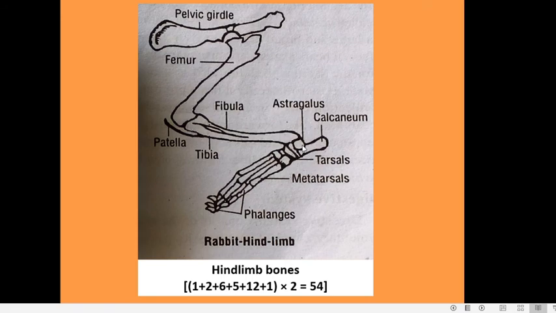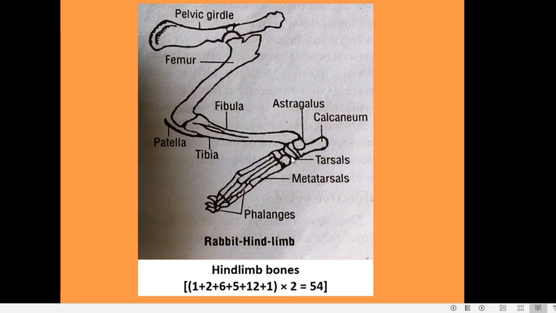There are 6 tarsals arranged in 3 rows. The proximal row consists of 2, the middle row consists of 1, and the distal row consists of 3. The proximal row consists of the astragalus or tibiale and the calcaneum, which is also called the fibulare. So this is the astragalus and the calcaneum. The calcaneum is directed backwards with a process which is called the calcaneal process or the heel bone, which makes up the heel. Now coming to the second row of tarsals, which consists of a single bone, which is called the navicular or the centrale.